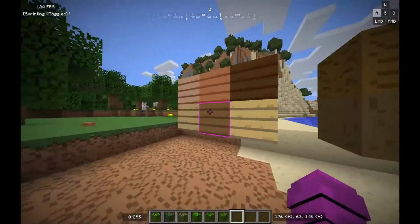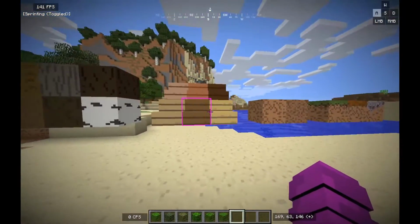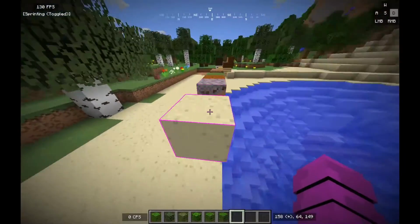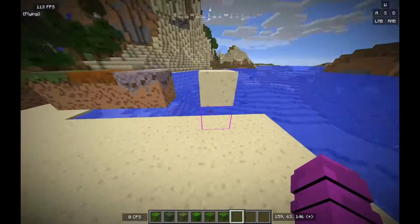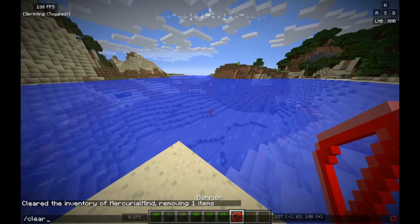And so after around like 2 hours of me making the texture pack and finishing the textures, if you add all that time all together, this is what I got for the first day. To be honest, I'm kind of proud of how this turned out. Also, the sand's floating because I have a barrier block under it. But yeah,